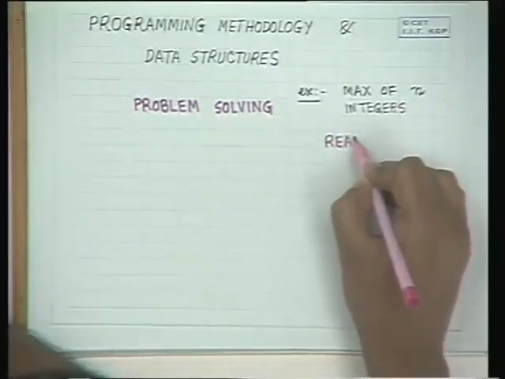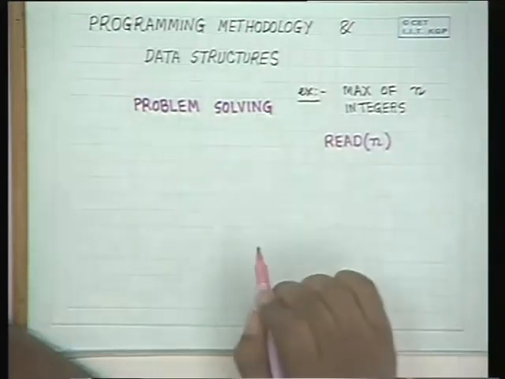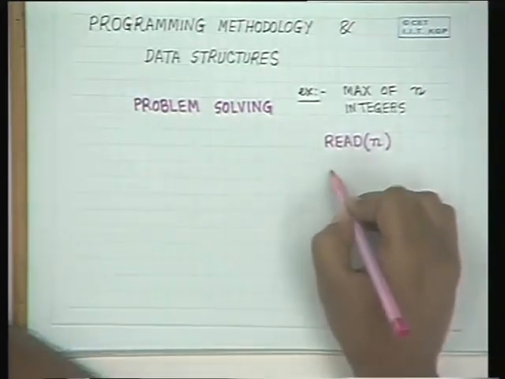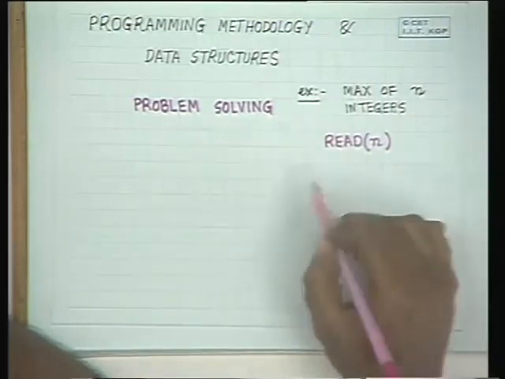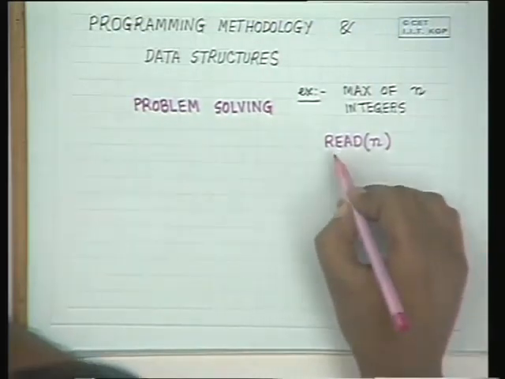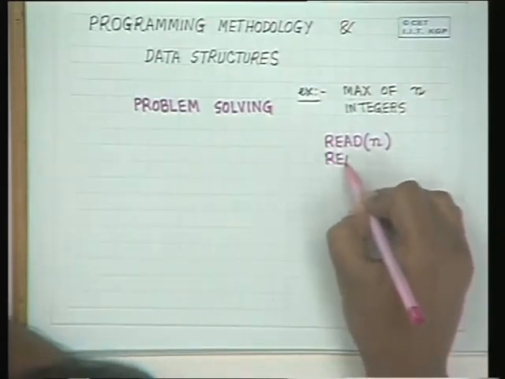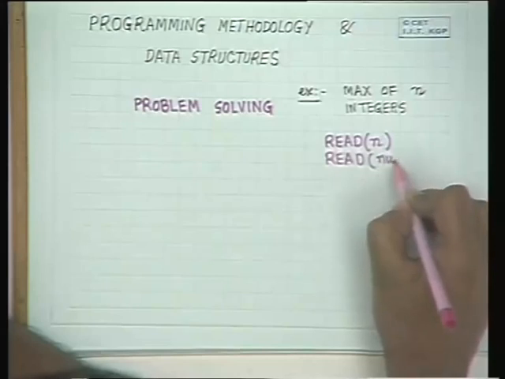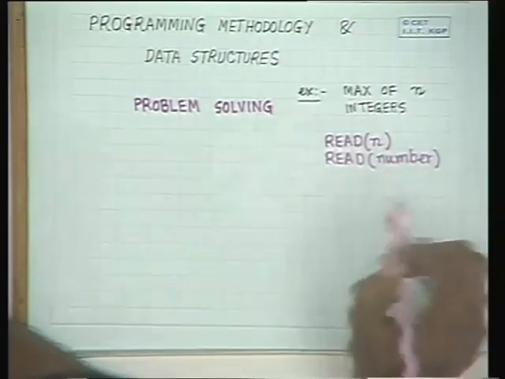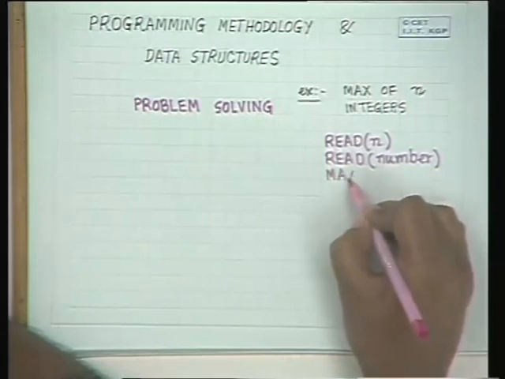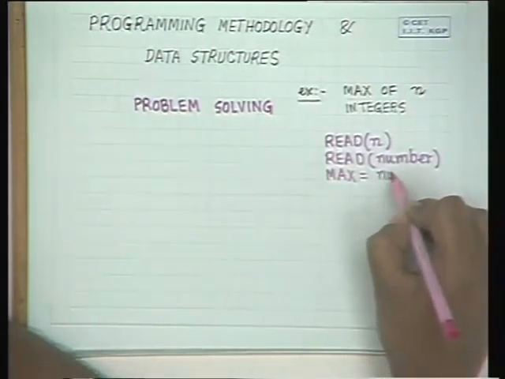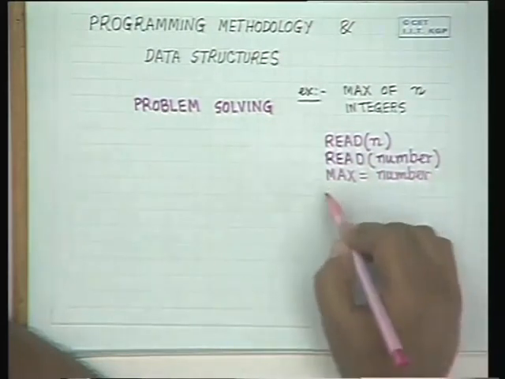Now, all of us who have programming experience would immediately come up with a solution which looks like this. You will read n, and then you will read the n numbers, and in an iterative loop you would find the maximum. Read the first number, and then initialize the maximum to this number, and then in a loop